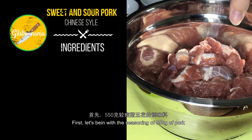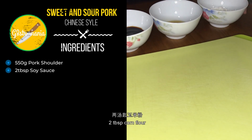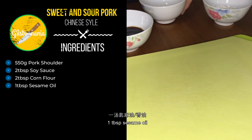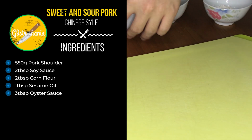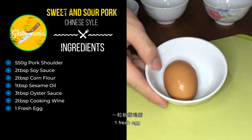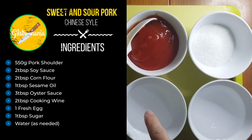First, let's begin with the seasoning of 550 grams of pork. 2 tablespoons of soy sauce, 2 tablespoons of corn flour, 1 tablespoon of sesame oil, 3 tablespoons of oyster sauce, 2 tablespoons of cooking wine, 1 fresh egg. For making the sauce, we will need 1 tablespoon sugar, water as needed, 2 to 3 tablespoons